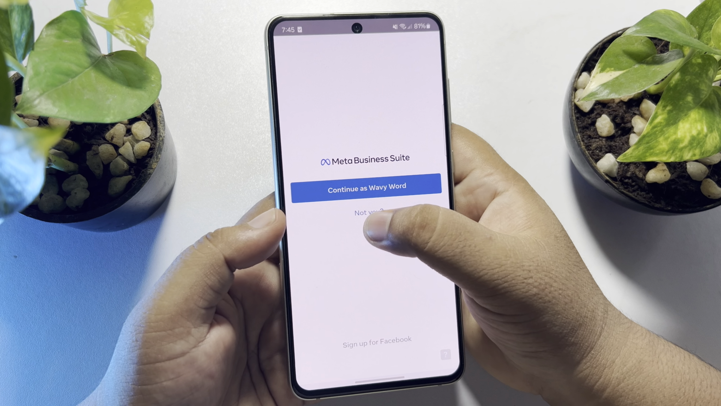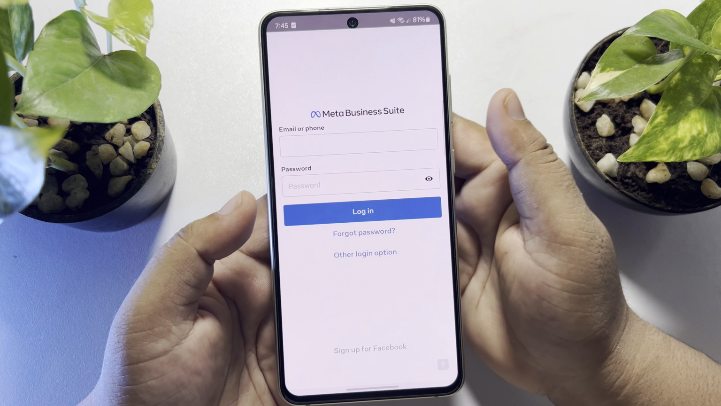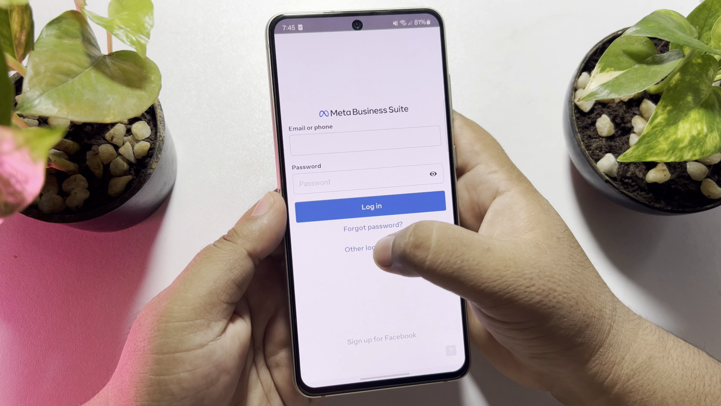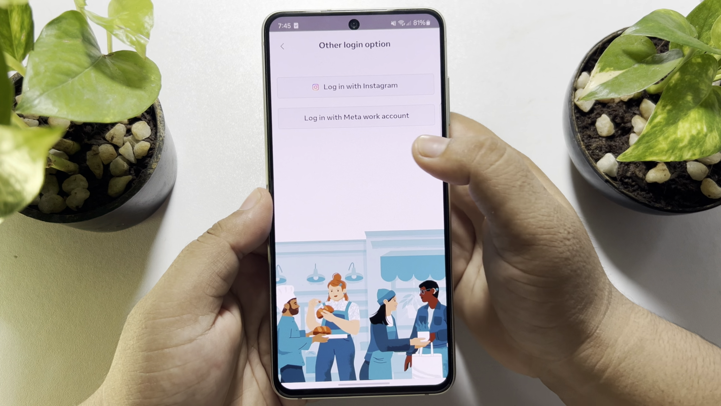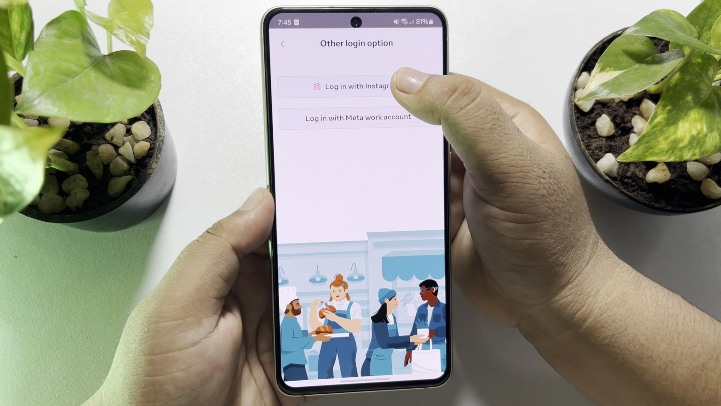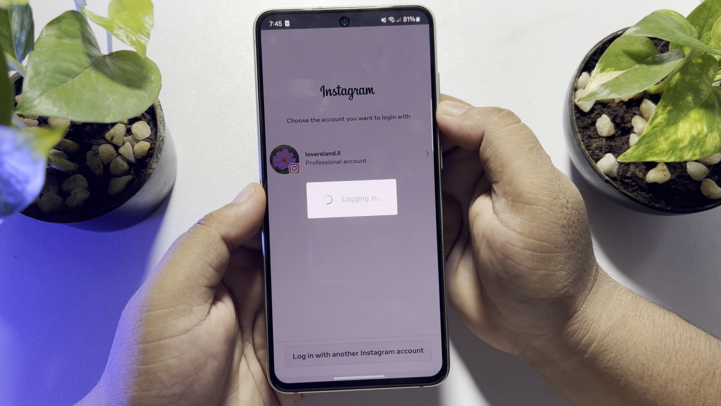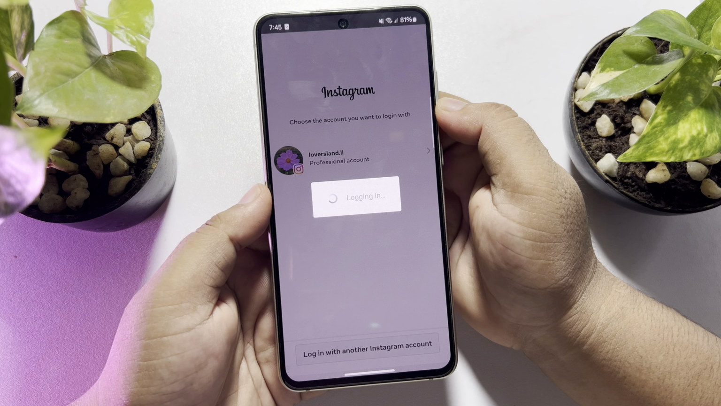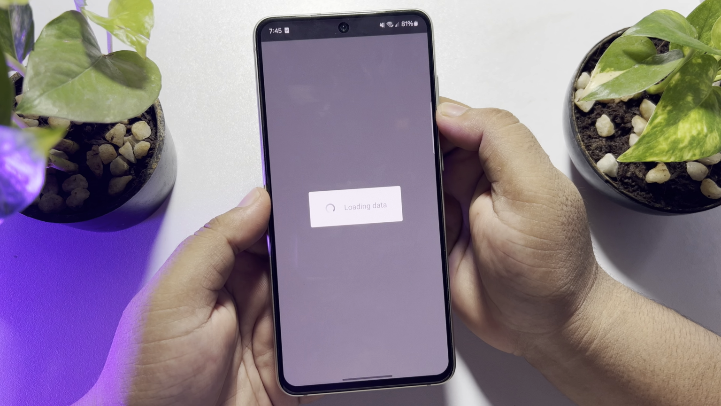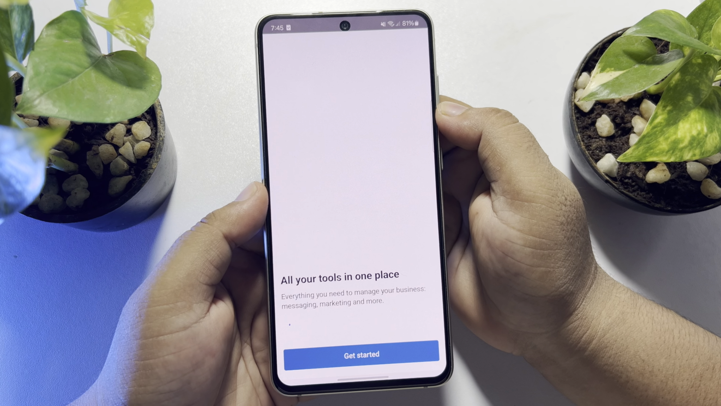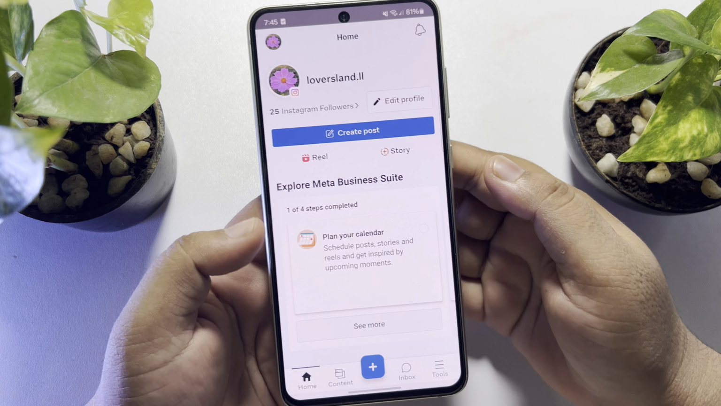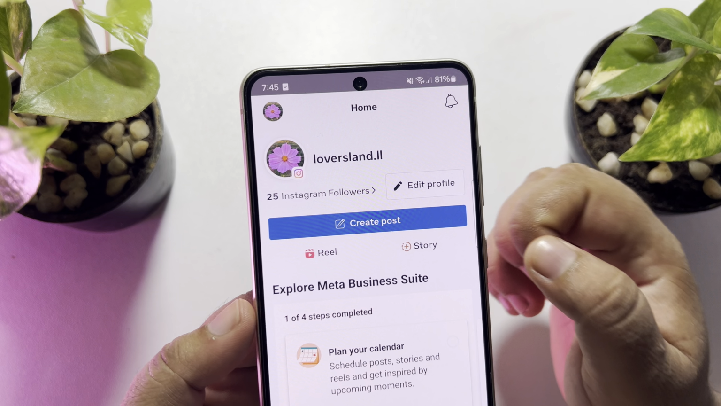now we have to sign into our Instagram account here. So tap on other login option, and here tap on login with Instagram, and now tap on your Instagram profile. Tap on get started, and once you successfully signed in here, as you can see my Instagram profile, followers showing